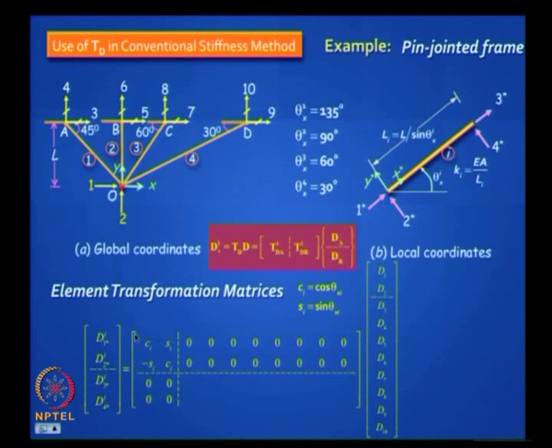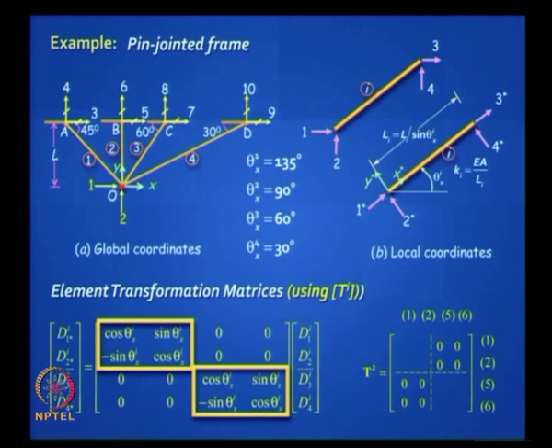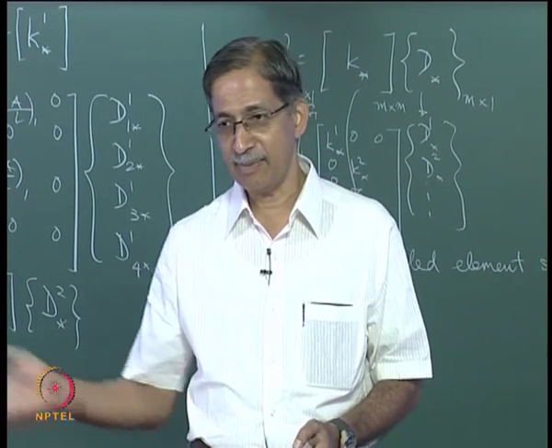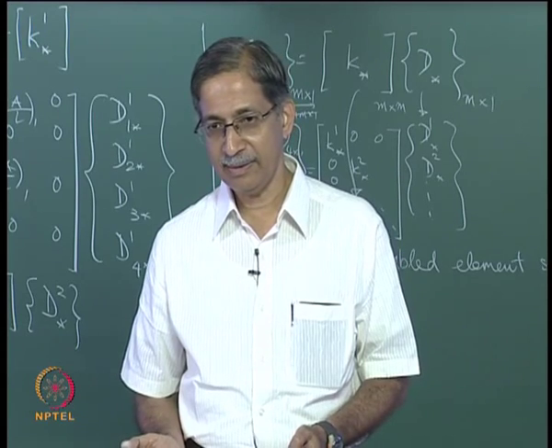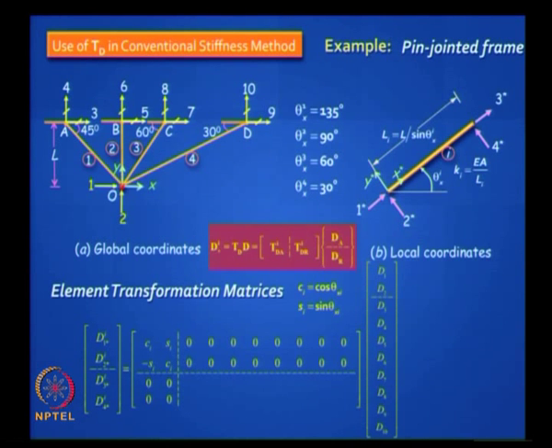Now do not you agree this box will be the same as the box we got earlier, because it is the same transformation, cos theta sin theta minus sin theta cos theta, right, because we are aligning to the global axes, because the global axes are pointing x and horizontal x and vertical y. So I have taken a short form, I have said let Ci be cos theta I, because I need not write so many letters and my matrix looks smaller, and sin theta I write as Si. So do you agree this is so?